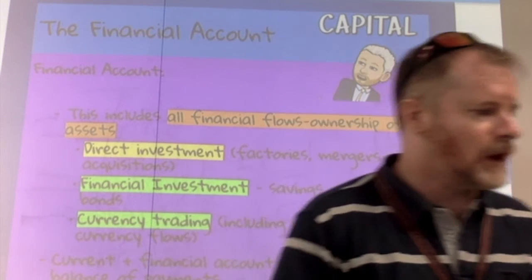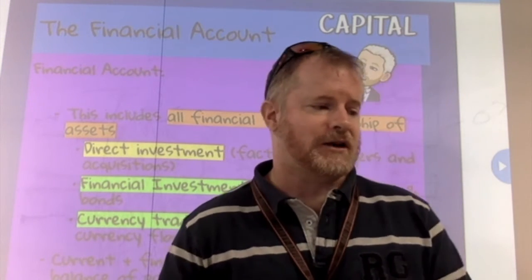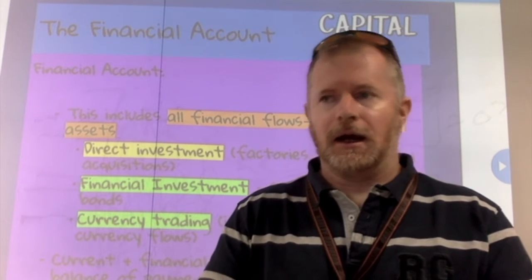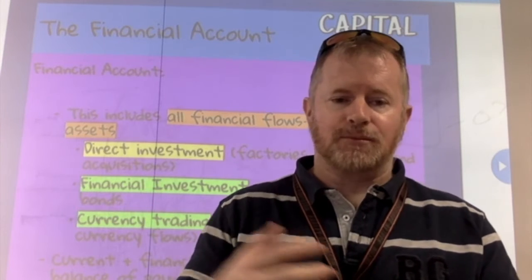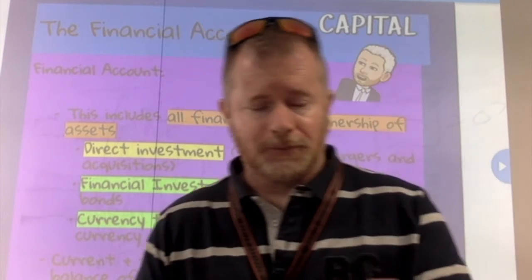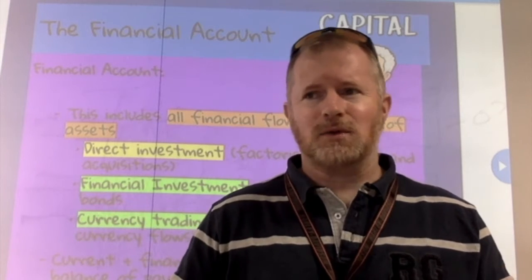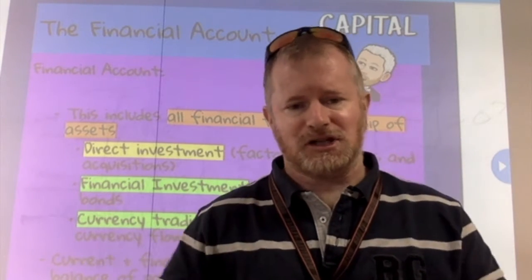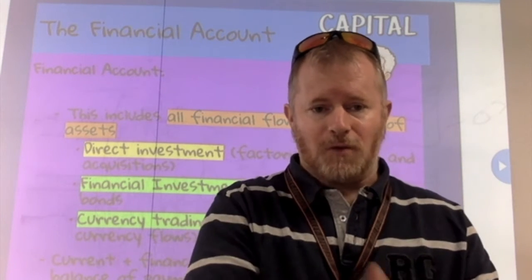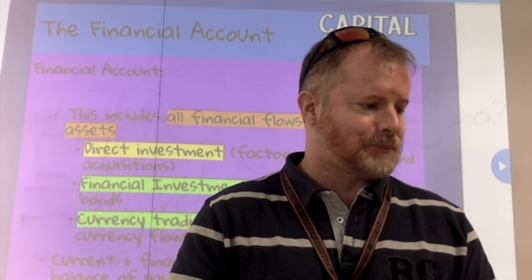Right? So what is inside that financial account? All financial flows that involve ownership of assets. Now we can talk about what's called a productive asset, so capital goods, for example. And we can talk about non-productive assets as well. Those would be assets that really don't lead to any particular production. They are just considered in an accounting format an asset. So they're not capital goods, and we're going to consider that.